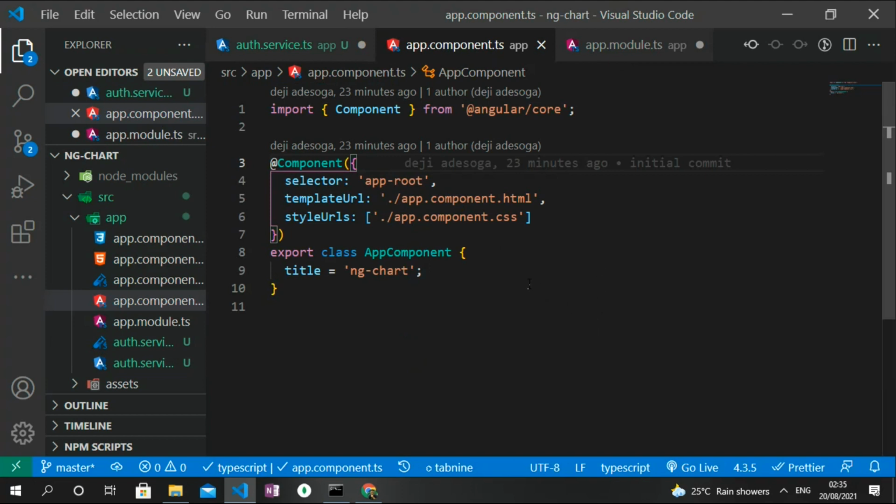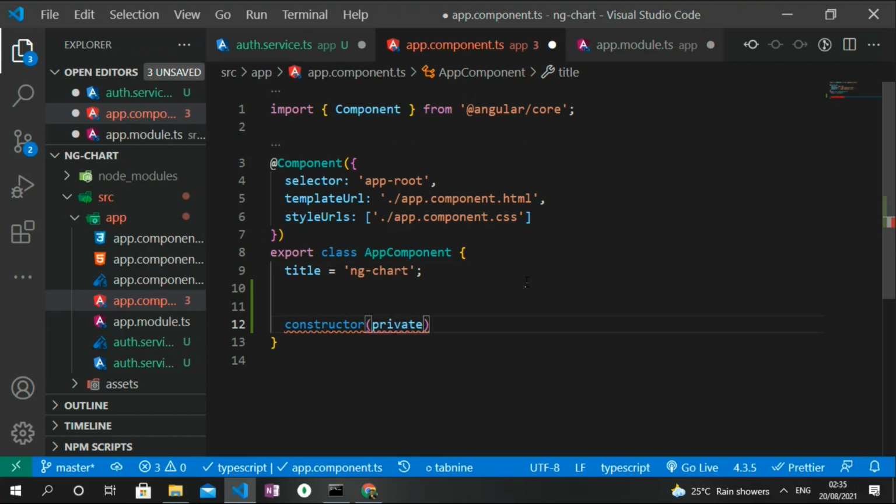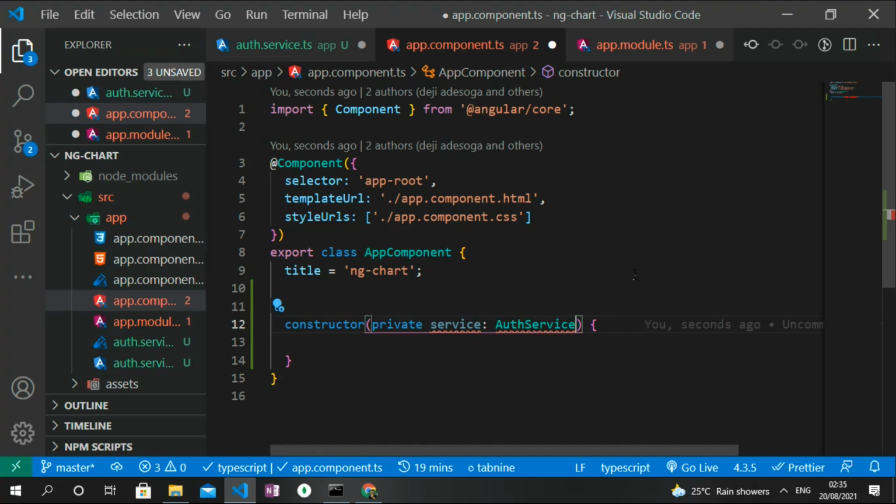I want to make use of the constructor to do this. So I'm going to create the constructor. So constructor, this is like a form of dependency injection. So I create a service called private, and then assign it to the auth service file we created earlier in the project. So we need to import this into this particular file. So we can just quickly do that by saying